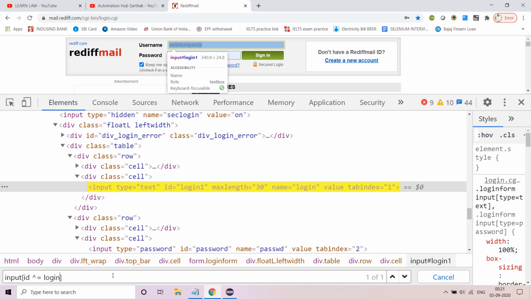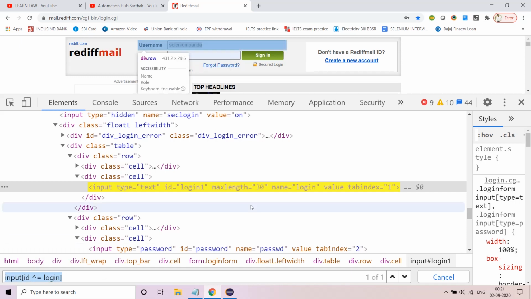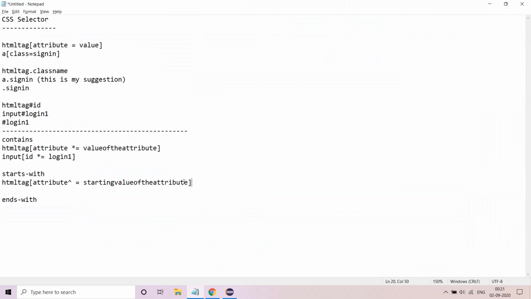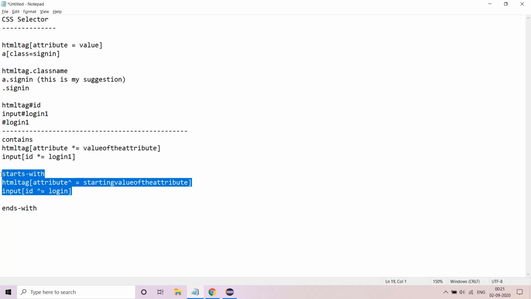So let's say the starting attribute is login. The 1, 2 might change. So this is your correct CSS selector. Let's say login1, if you refresh, the id, for example, becomes login2 or login3. You can choose a particular example from any website wherein the id frequently changes, like some ids have a huge numerical value attached to them, and once you refresh the page, the numerical value of that particular id changes, but there is a certain element which remains constant. So technically you'll have to use that particular aspect here. Okay, so this is how it will work.